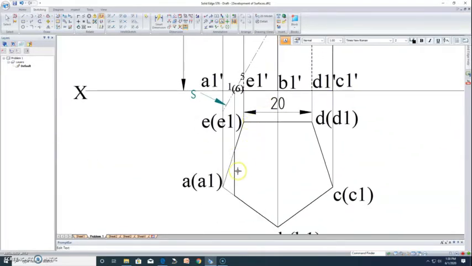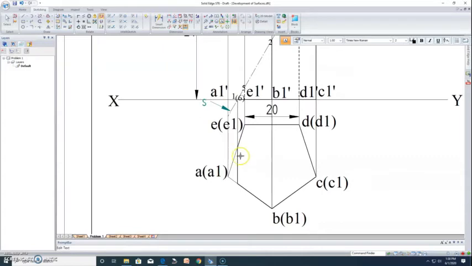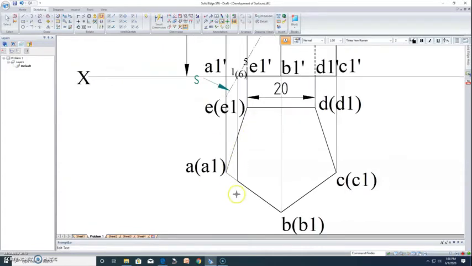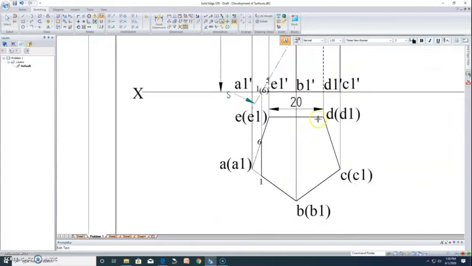And in the top view, you can make a note that 1 is between A1 and B1 and 6 is between A1 and E1. If there is any confusion, you can even highlight that. So this is what will be 1 and this is what will be 6. The rest of the points will coincide with the respective corner, so I am not indicating them in the top view. For the development, the interesting points here are points 1 and 6.